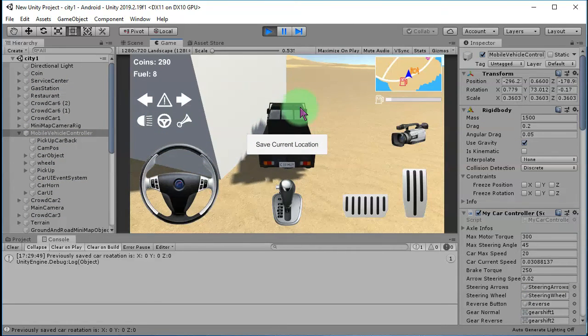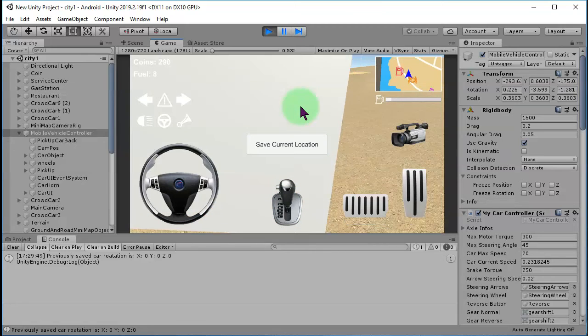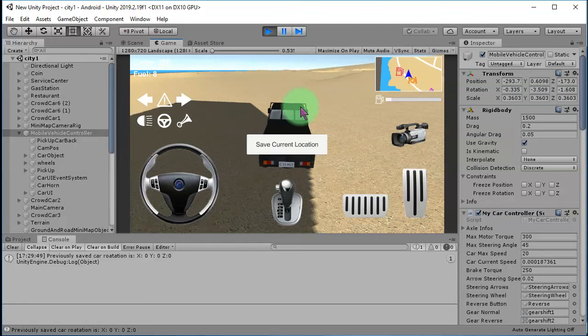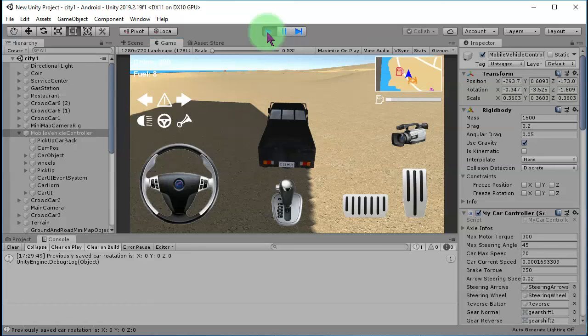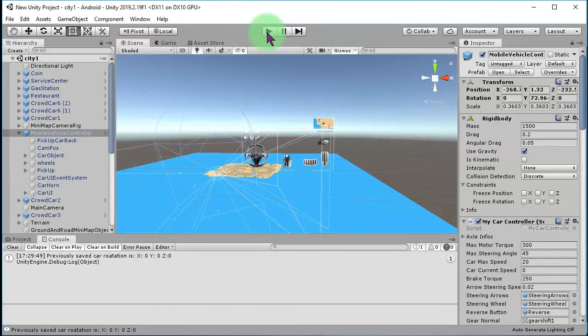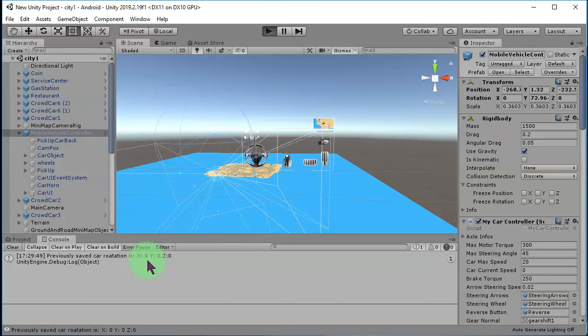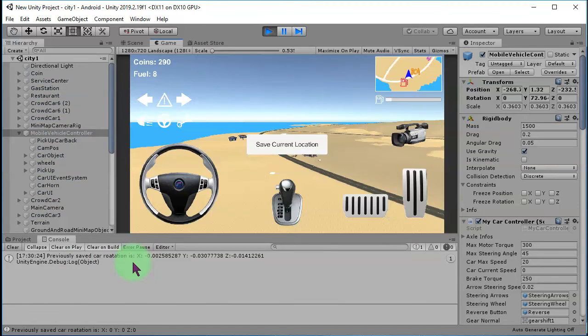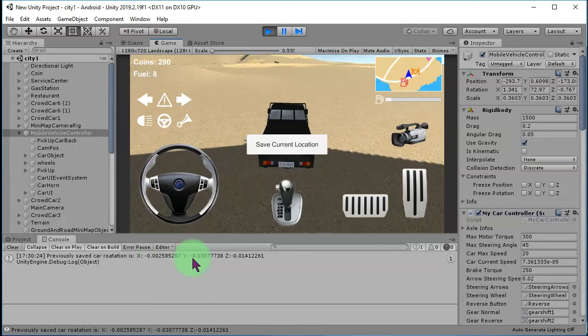The car is here. Let me do some rotation changing. For this, 0, 3 and 1. Let me save the location and rotation, and let's start the game again and check the saved value. Okay, the saved value is 0, 3, 1. I don't know is it correct or not. To see,